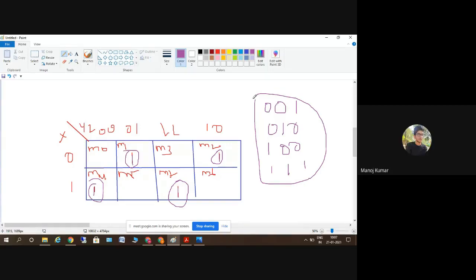Odd number of ones. Yes, it has an odd number of ones. Check the other terms: m0 is 000, m3 is 011, m6 is 110, m5 is 101. All the remaining terms have an even number of ones. Hence this can be implemented with the exclusive OR gate. Instead of writing all these equations,